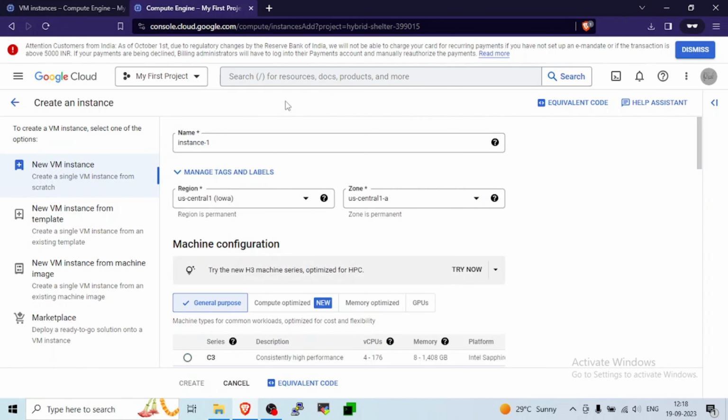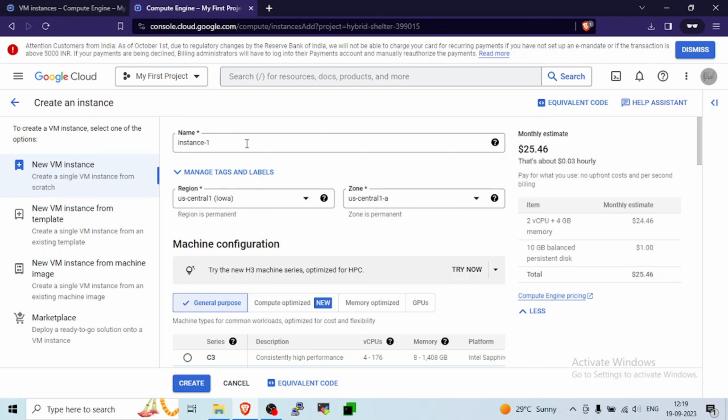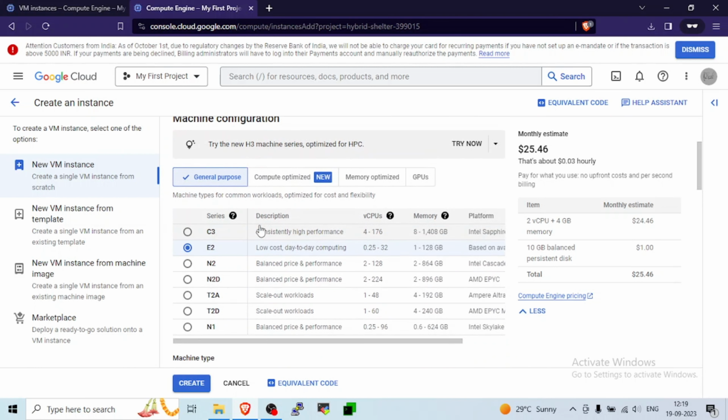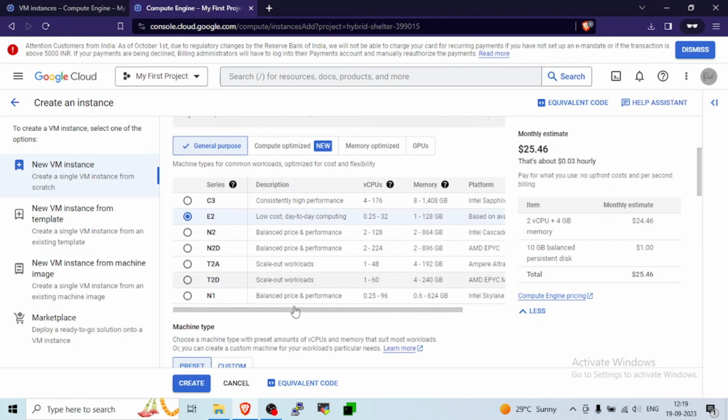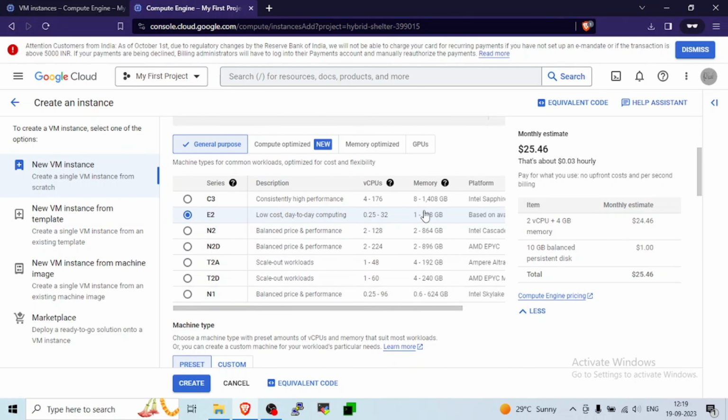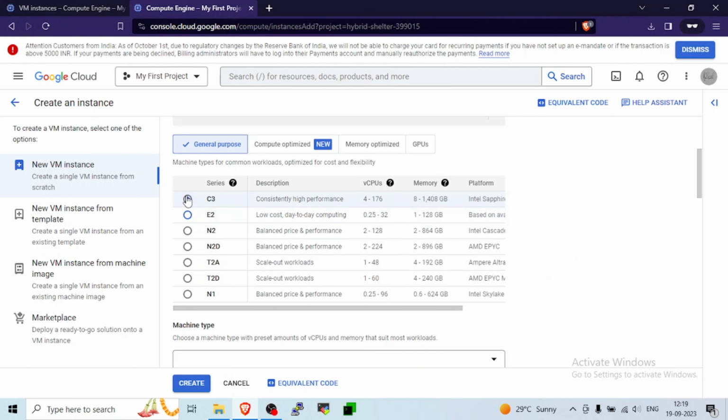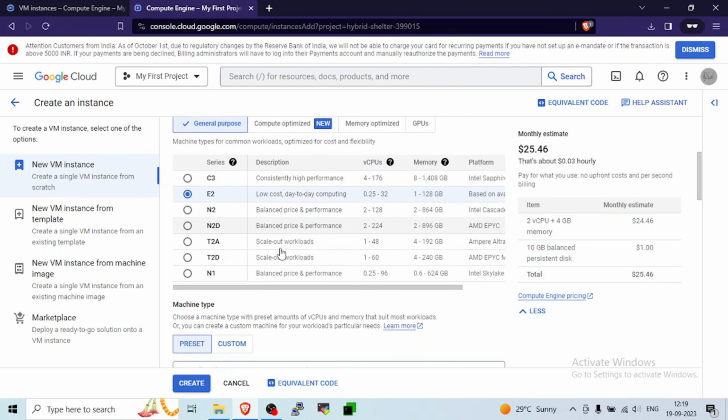So just click on create instance, and we have to follow: our instance name, what region we want, what zone we want to deploy our instance, and what kind of VM machine we want, like C3, E2, N2, whatever. Okay, here you will see the description, and virtual CPU, memory, platform. So whatever is less in size, we are just checking for testing purposes, so we don't take more memory, more virtual CPUs. Okay, we'll take